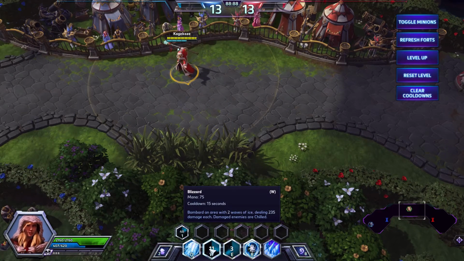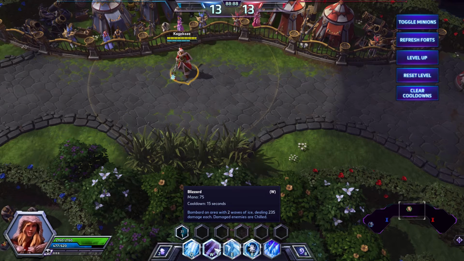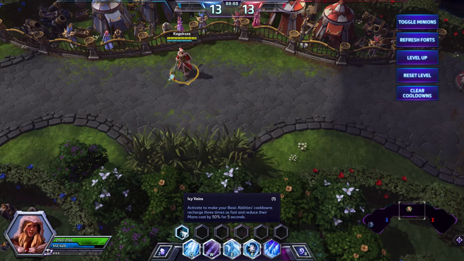It doesn't cut the cooldowns in half, it just regenerates them faster. Which means if Icy Veins wears off, whatever number is still left will be that amount you have to wait. So you're not going to be able to cheat the system by cutting your cooldowns in half. But it also means that you can use Icy Veins after you've already used your abilities, as I've shown, because it will not reduce the cooldowns, it simply makes them go by faster. So if I've already got everything on cooldown and I need my abilities back now,